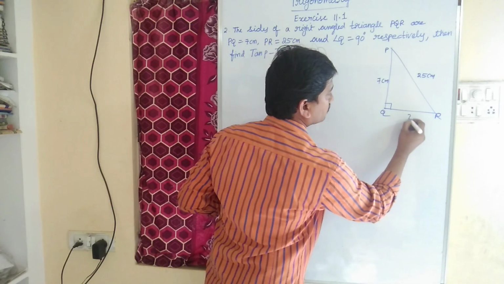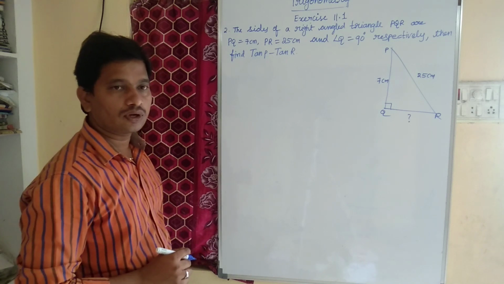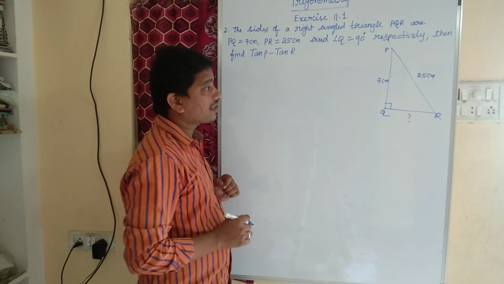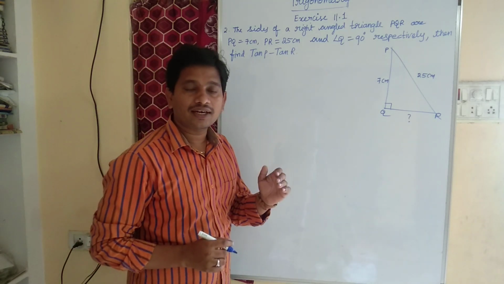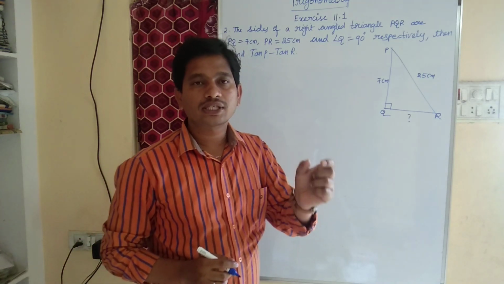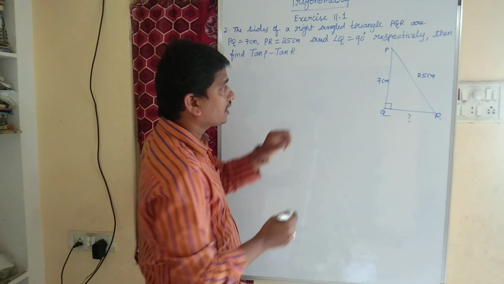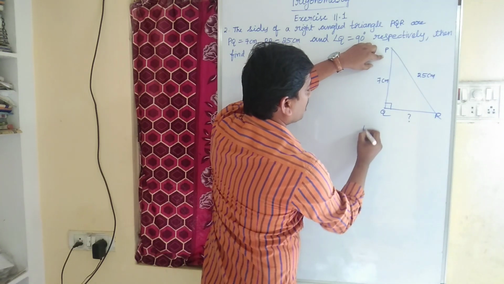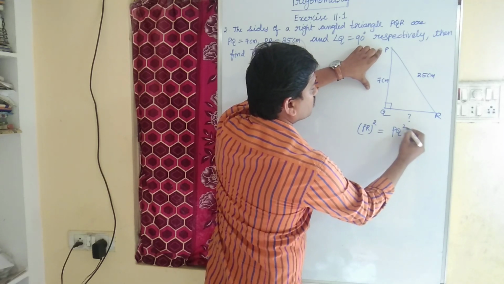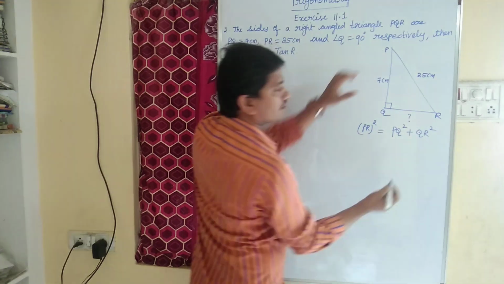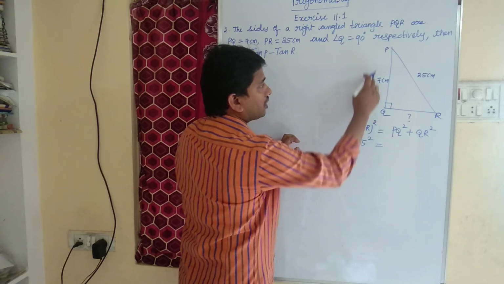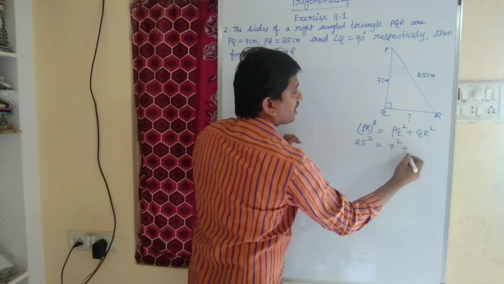So we don't know actually QR. So let us first find what is the length of QR. By using Pythagoras theorem, in a right angle triangle, the square of hypotenuse is equal to the sum of the squares of the other two sides. Here in a right angle triangle, the longest side is called hypotenuse. PR square equal to PQ square plus QR square. As it is given, the length of PR is 25, 25 square equal to the length of PQ, 7 square, plus